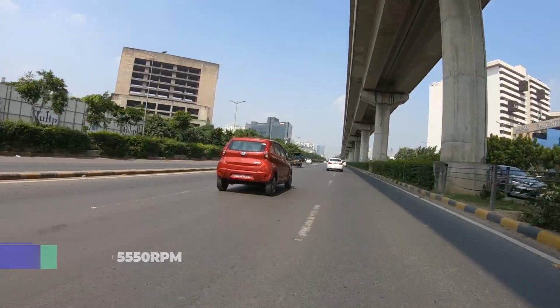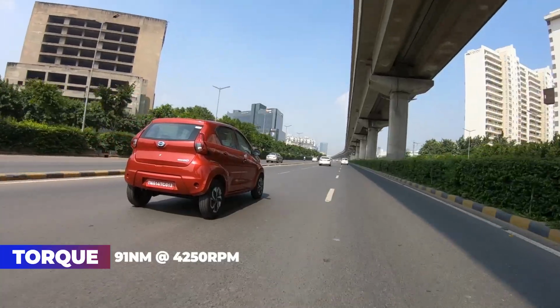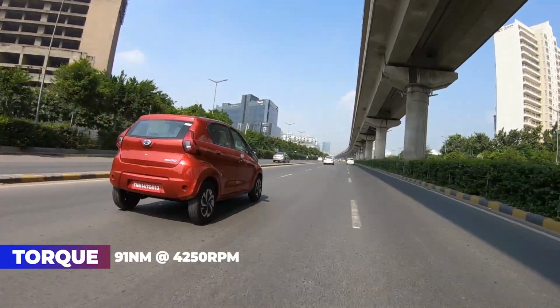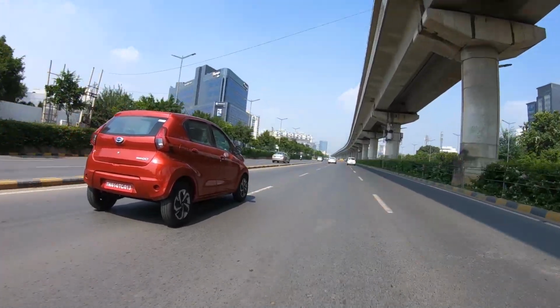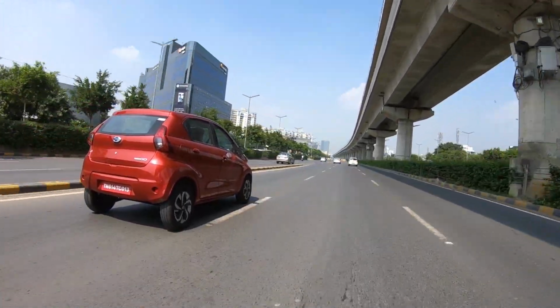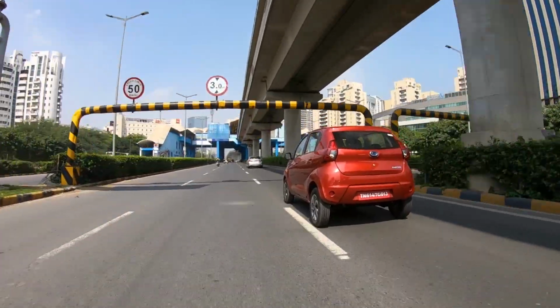The only thing is that when you rev it up too hard and you pass 2,500-3,000 RPM, it tends to become a little boomy and a little loud, and that's not the engine's fault. It's because the cabin insulation materials haven't been used extensively in this car, just to save on cost. So you'll also hear a lot of the tire noise and suspension noise, and sometimes if you do exceed 90